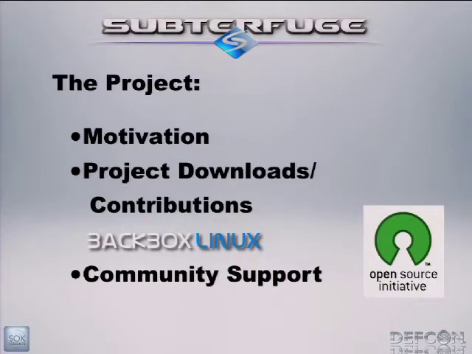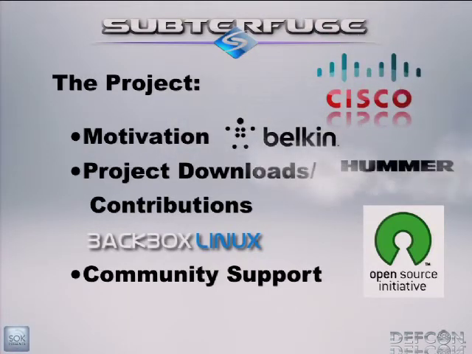So Subterfuge makes it obvious to anybody, no matter how tech savvy or non-tech savvy you are, just how vulnerable on the network you are and exactly what you're getting. So rather than just, oh, somebody's man in the middle, he's seeing my traffic, what does that mean? We actually display, here's what you got, here's something else you got, and there's a real risk and here's the threat. So hopefully that's going to make consumers demand some kind of protection in their routers. And those protections do exist. Router companies just haven't given them out to consumer level routers. So hopefully when consumers start demanding that, router companies like Belkin and Cisco and